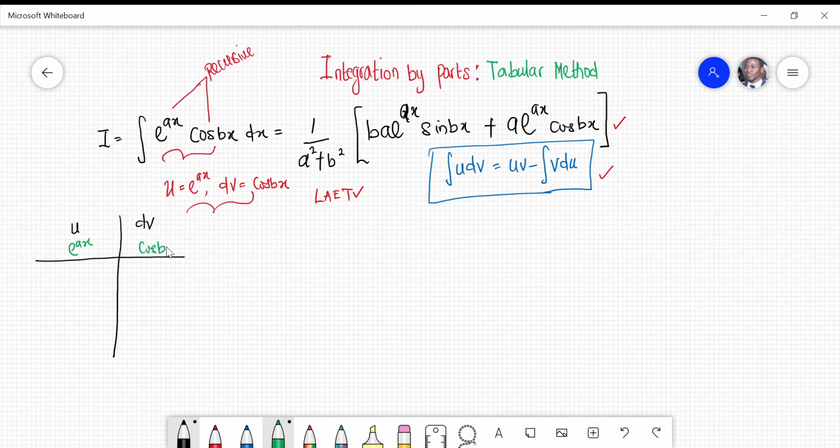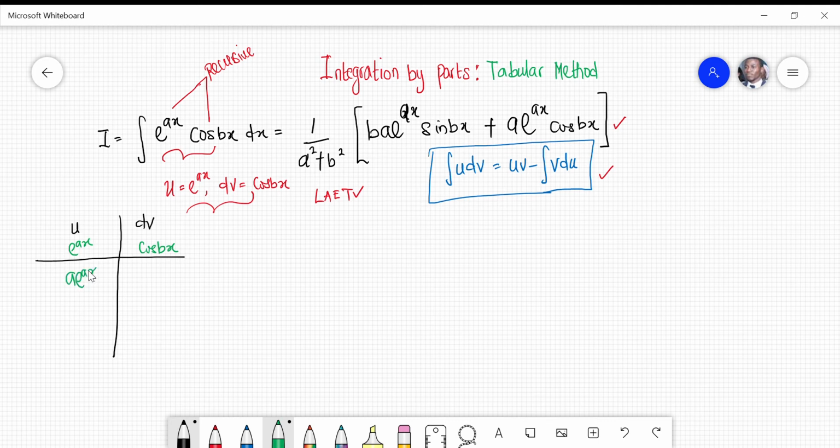And then we know what we're supposed to do, right? You differentiate the u and integrate the dv, and that's it. Let's take them one after the other. We'll differentiate first, then integrate the dv, then add signs to it, and then take the necessary terms out. So differentiating the u first, we're going to have